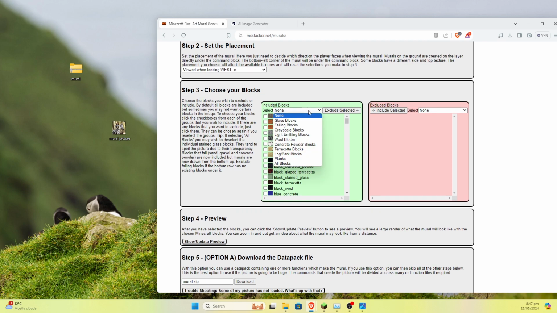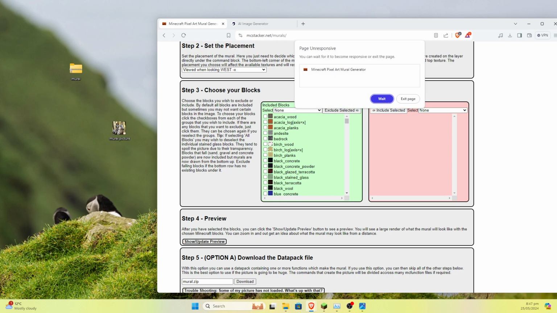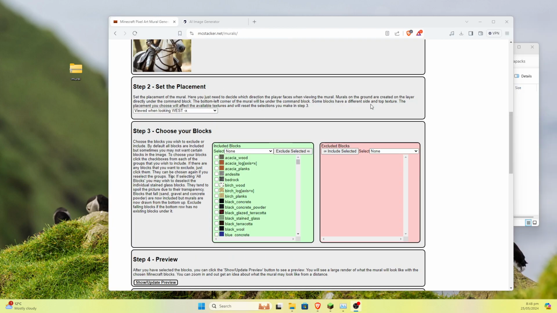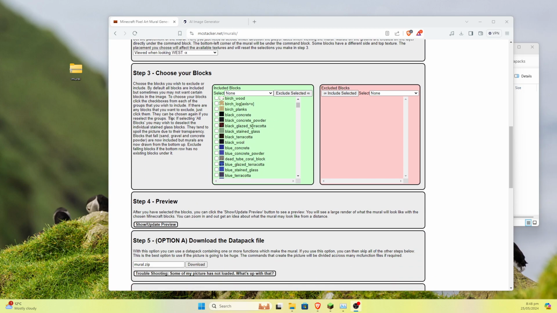Now over here, you do really want to include a block. This is really laggy for some reason. You do really want to set glass blocks to not be a thing, but you can leave glass blocks in. It's not going to be the end of the world if you leave them in. And once we've done that, we're going to want to go, oh, froze up a little bit there, but if we just go down here, we can go ahead and select glass blocks as